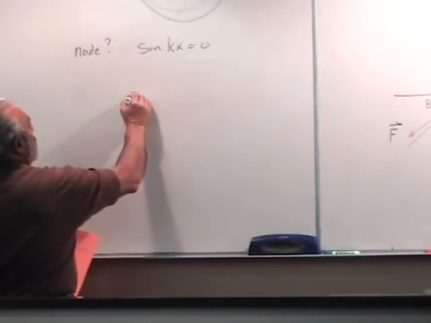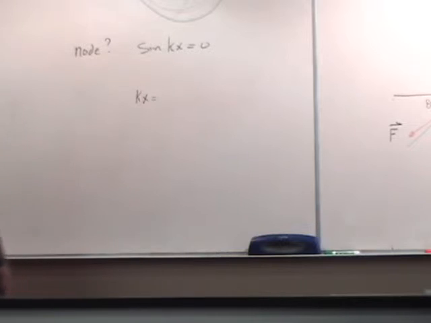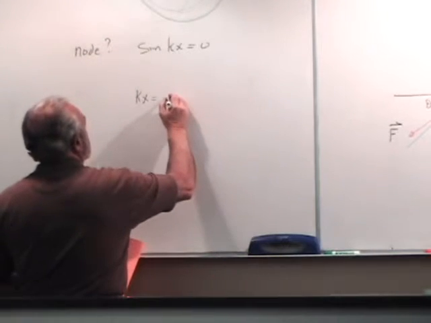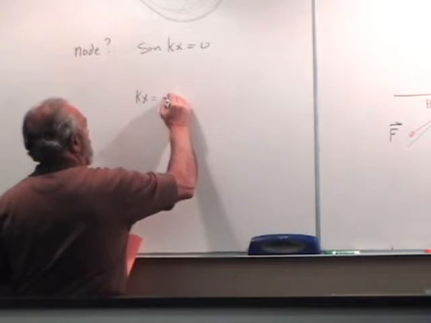Of course, that means where kx is equal to, sine wave is 0 every pi, huh? There's pi, there's 2 pi, 3 pi. So kx equals m pi,